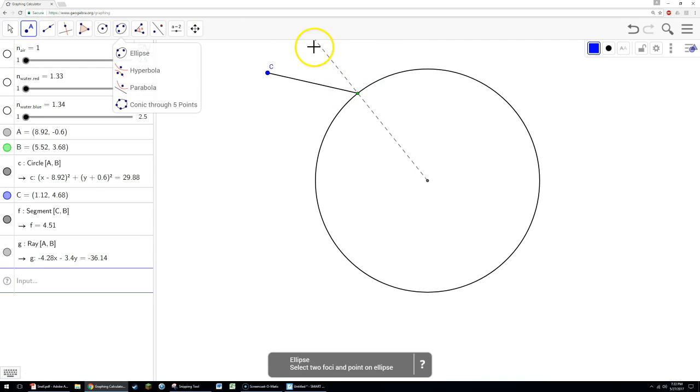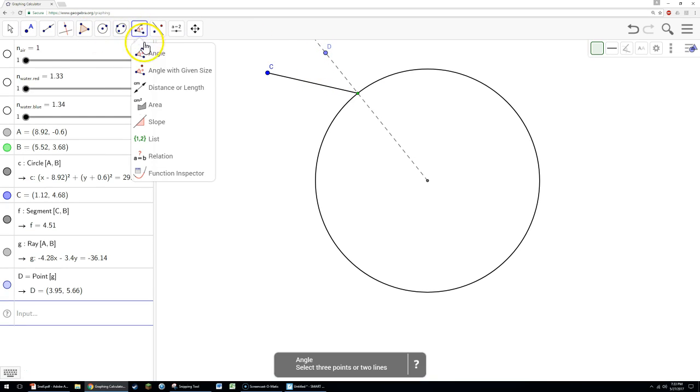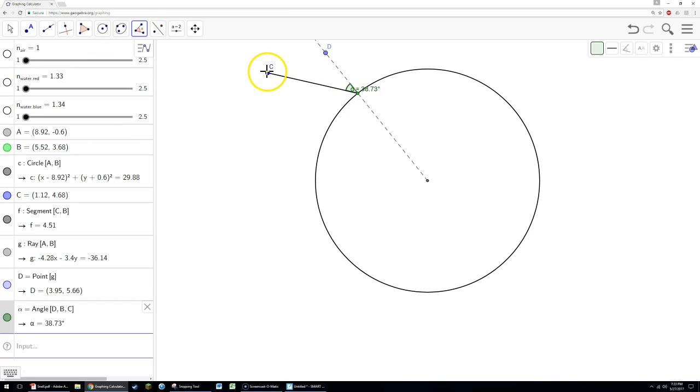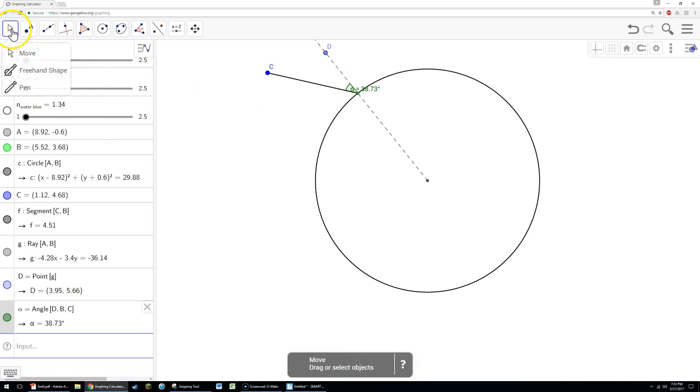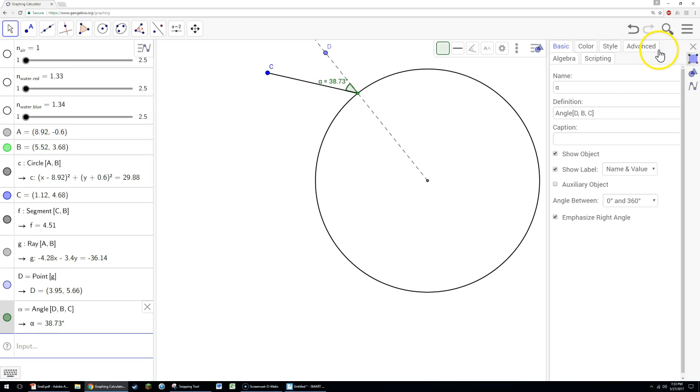And to do that in GeoGebra, I'm going to need a second point right there so that I can measure the angle using this tool by selecting these 3 points in the appropriate order. Now if I had done that C to this point to D, it would actually measure the larger angle, and I wanted a smaller one. So the second thing I'm going to do is rename this angle, and I can do that by selecting it, going over to Object Properties, and I'm going to name this Theta 1